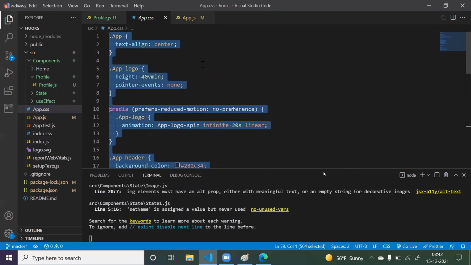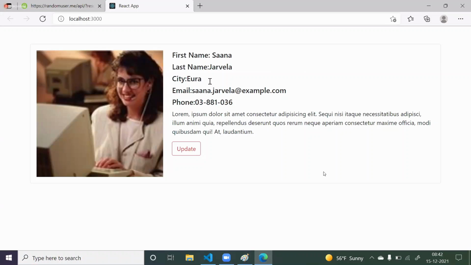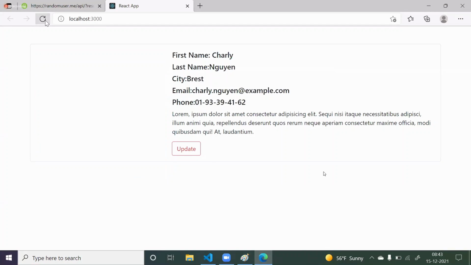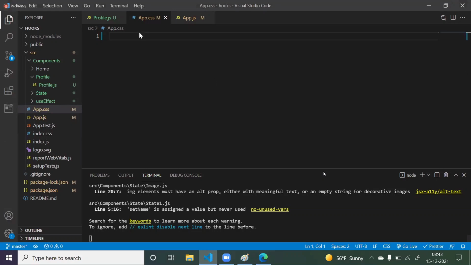So let me remove all this, save it. Now it will not come in the center. Now see, if I refresh it, I will get a different image. Now if you want, you can give different styles for this. So instead of making everything black, now you can give some different styles.